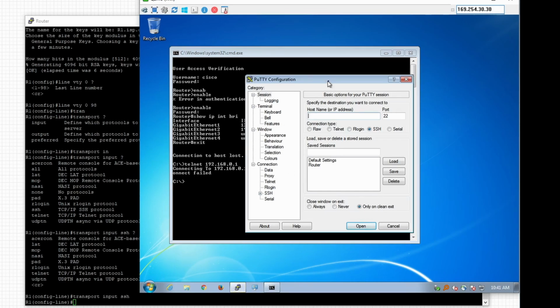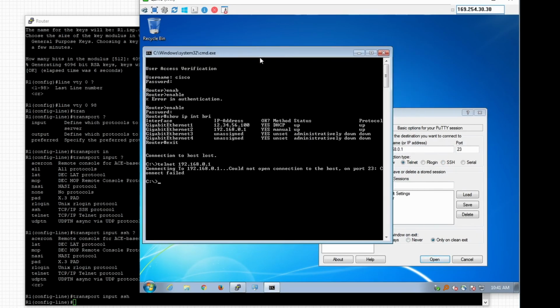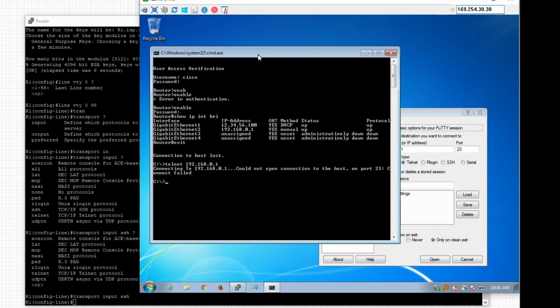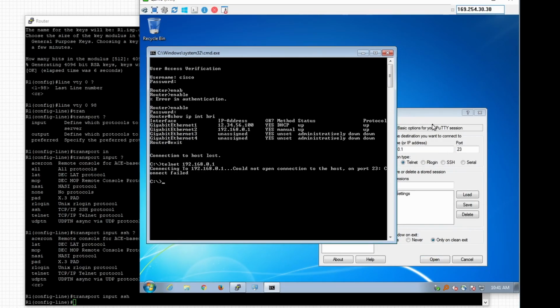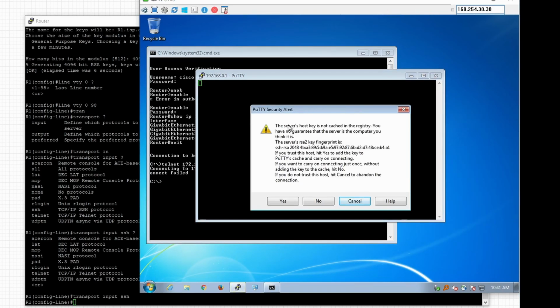Now let's open PuTTY here and use the SSH client. You see, SSH. If I go to Telnet, it's going to be the same as from this command line window, and it won't work. So we'll choose the SSH and hit Open. And here,